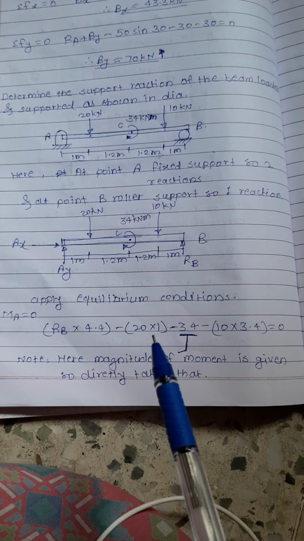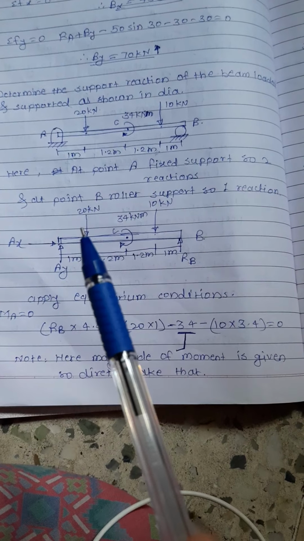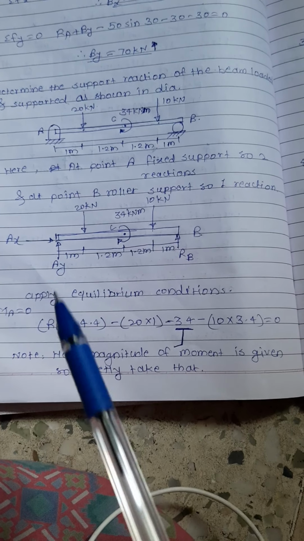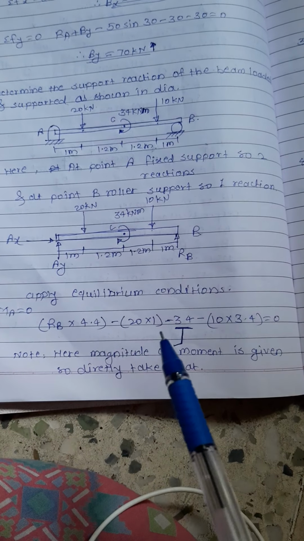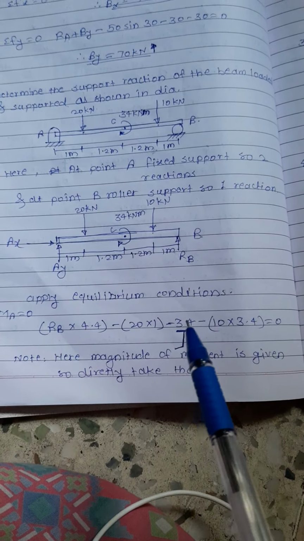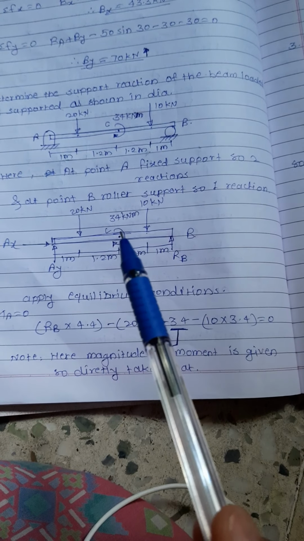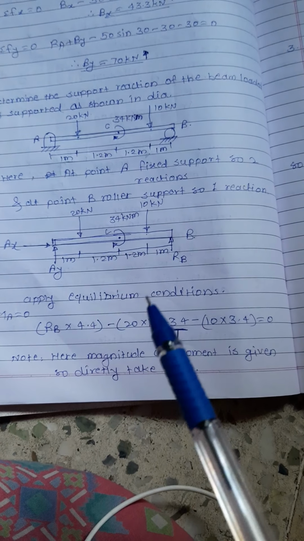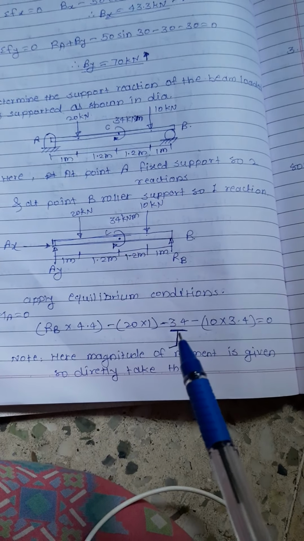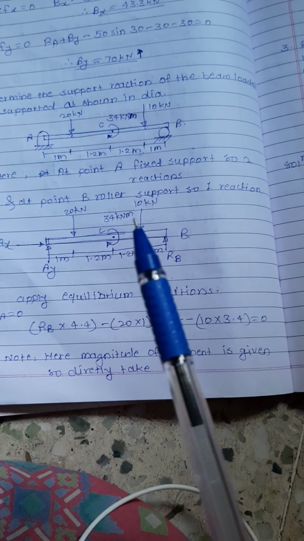Next, 20 kilonewton force, this force into 1 meter, it is rotating in clockwise, so minus. Then this is the magnitude of that moment that is acting at point C. That magnitude we have to take as it is, but we have to consider its direction, clockwise or anti-clockwise. Now here it is rotating in clockwise sense, so here it is minus 34 and the remaining is 10 kilonewton